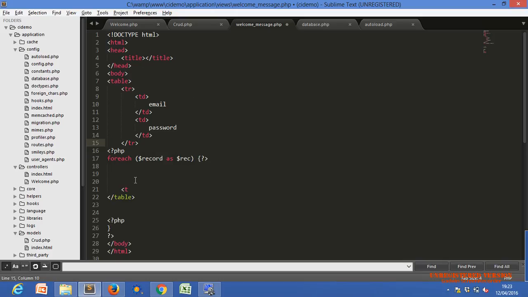So in one new tr, and the table should also close after the foreach. Yes, we have one table. Okay, tr.